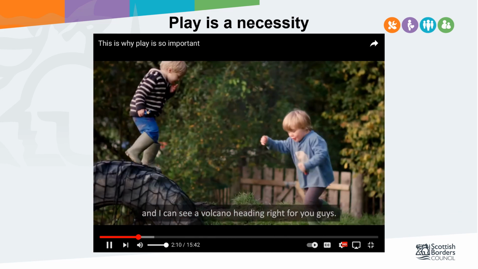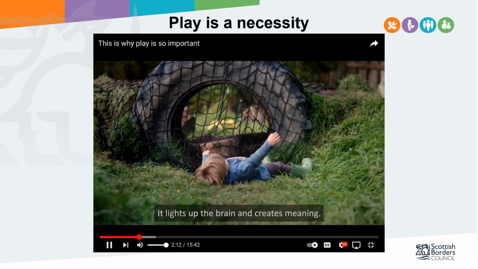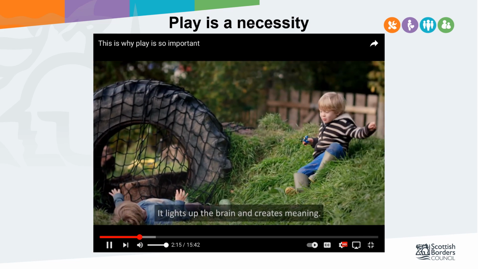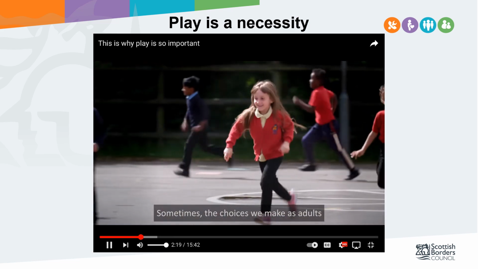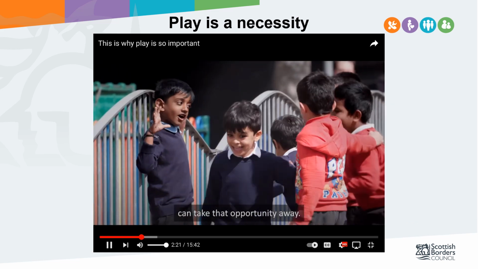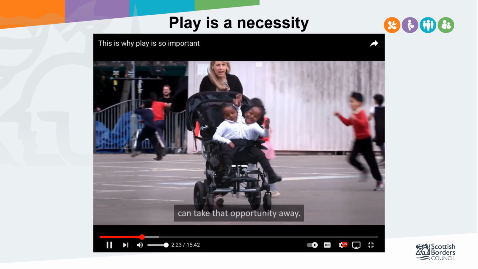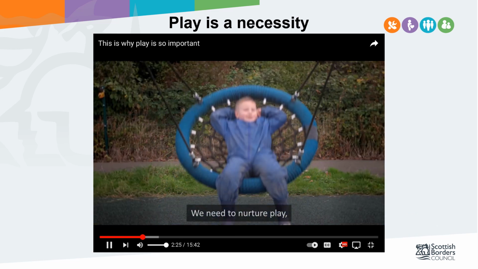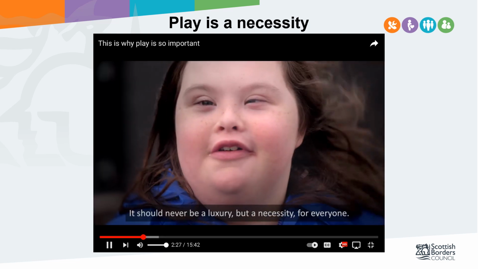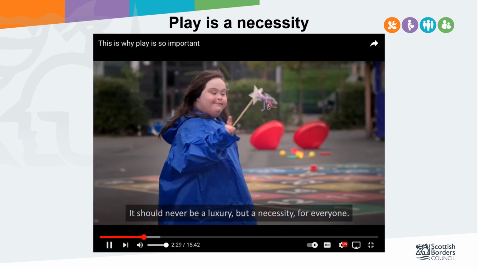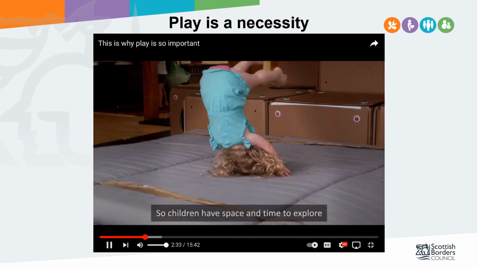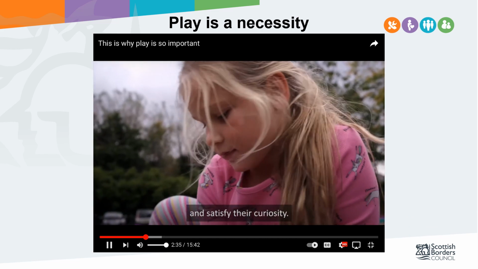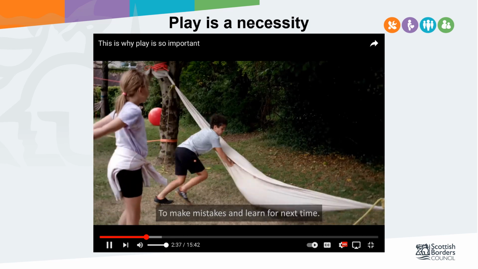It lights up the brain and creates meaning. It helps them make sense of the complexities of life. Sometimes the choices we make as adults can take that opportunity away. We need to nurture play, not neglect it. It should never be a luxury, but a necessity for everyone. So children have space and time to explore and satisfy their curiosity, to make mistakes and learn for